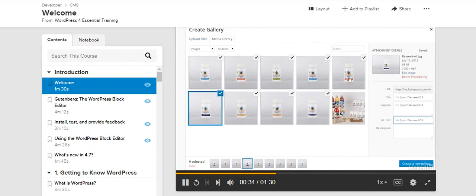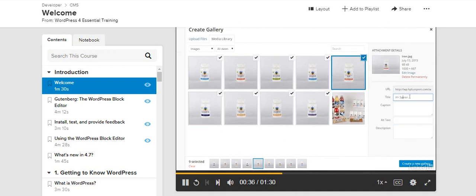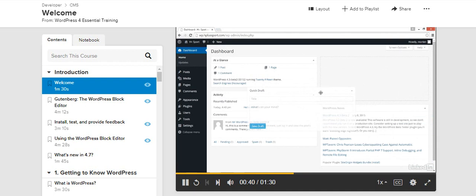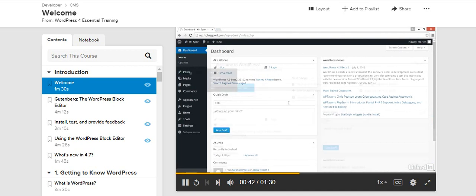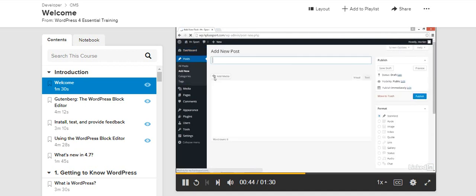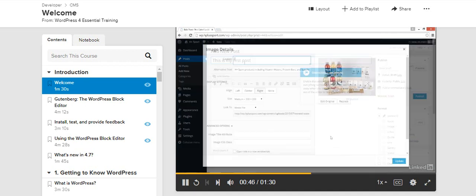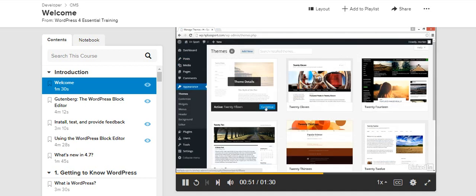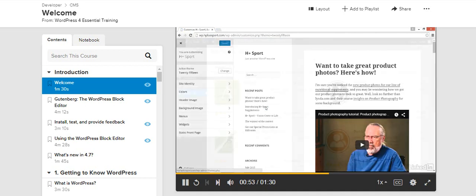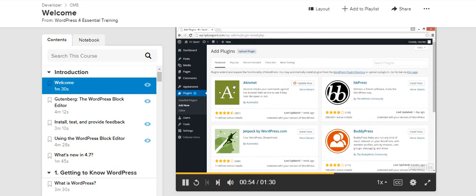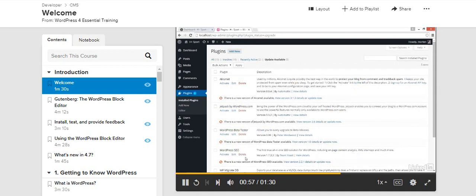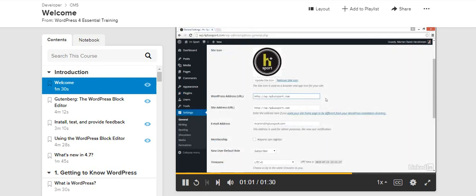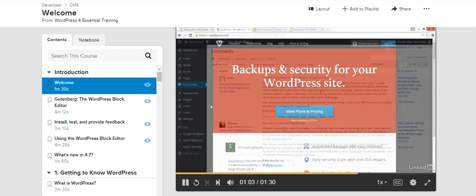To simplify the learning process, I've structured the chapters based on common tasks. We'll start by setting up WordPress and getting familiar with the admin interface. Then we'll create posts and pages and add media items like images and videos to them. We'll look at how to customize the appearance of your site with themes and how to extend the functionality of WordPress with plugins. And to wrap things up, we'll talk about user management, advanced settings, security, and getting readers to